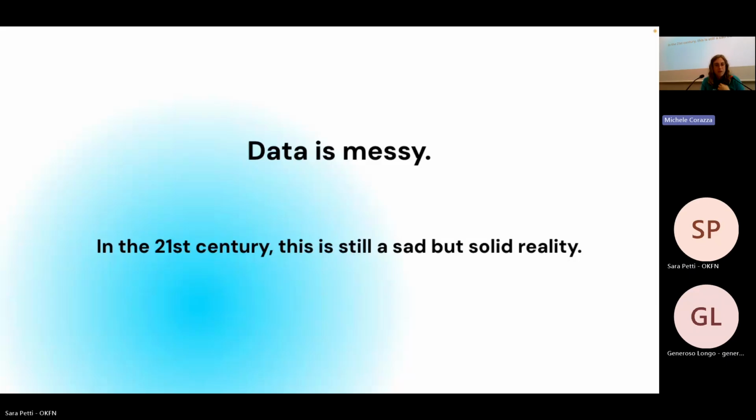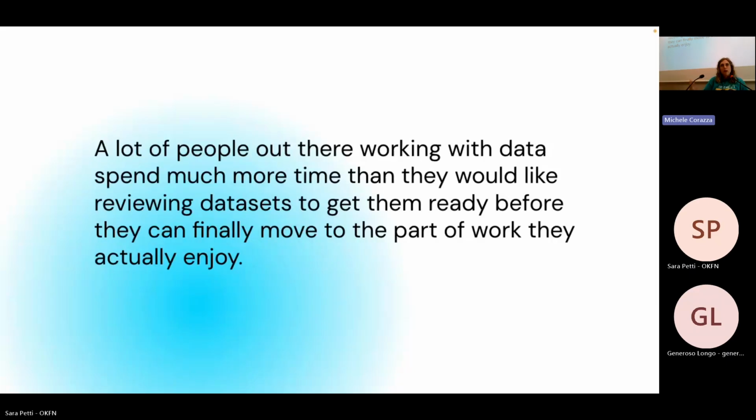So starting from this observation, we started to look around us at Open Knowledge and a little bit beyond the communities we always work with. And we started to observe that there are a lot of people out there who are not the usual technical profiles we interact with, but a lot of those people are actually people that publish the data that we consume.